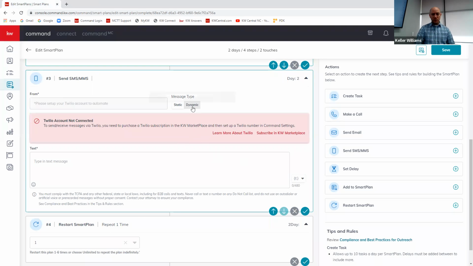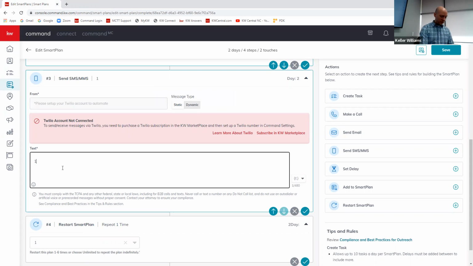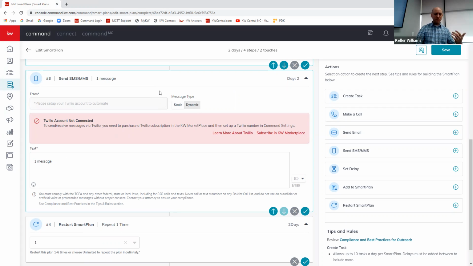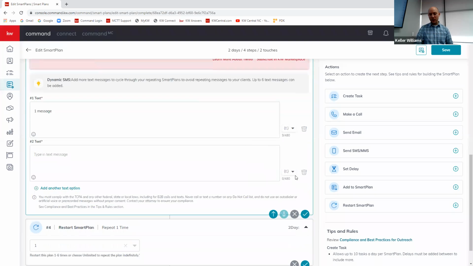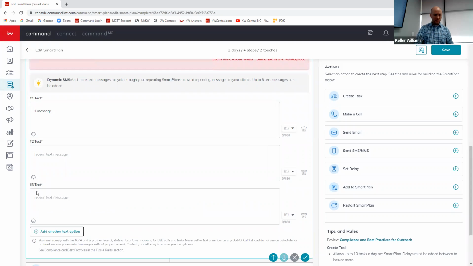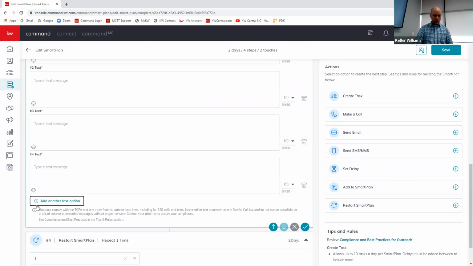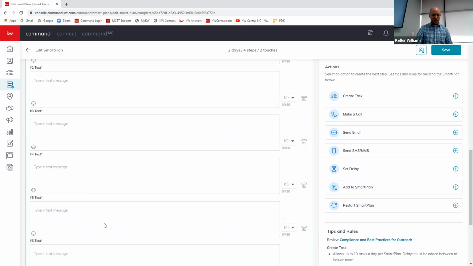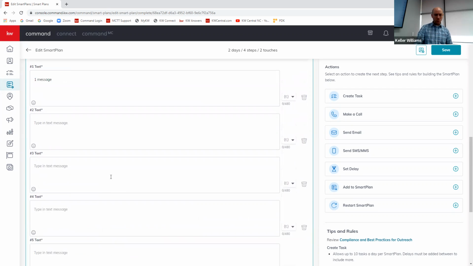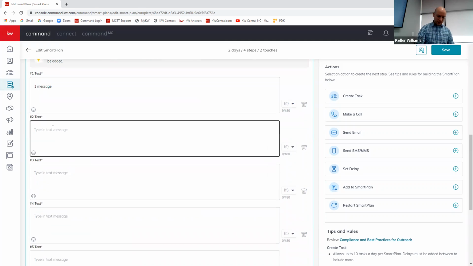The cool thing about Twilio is that you can send this one message here, or the command using Twilio. And then if it repeats, every time it comes back around to this, it's going to send this one message again. Or you can set it to dynamic, where you can add up to 5 rotating messages. The cool thing about that is it kind of helps you, or 6, cool. So I'll say like 2 message,